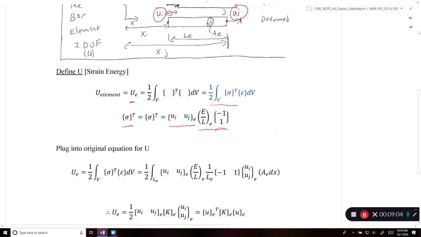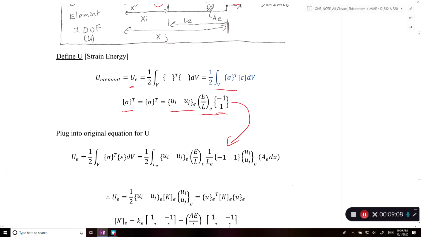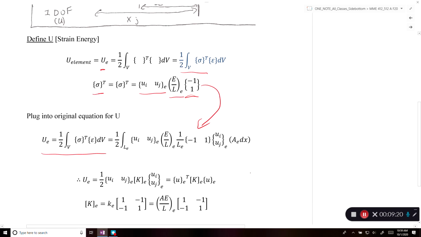So if we plug in this equation here into the matrix, we can then solve for our strain energy, and what we'll end up getting is we'll have our sigma transpose here,